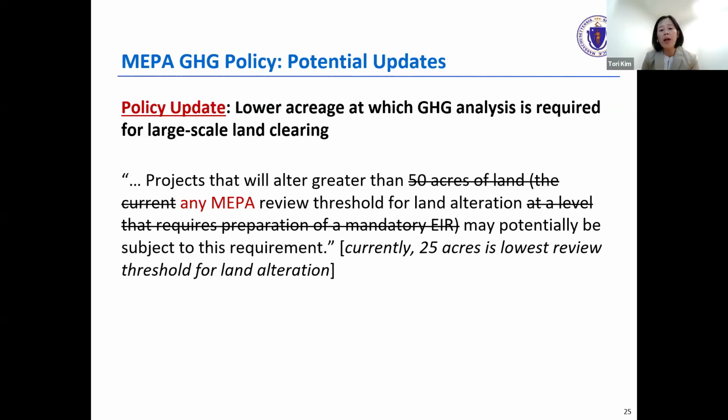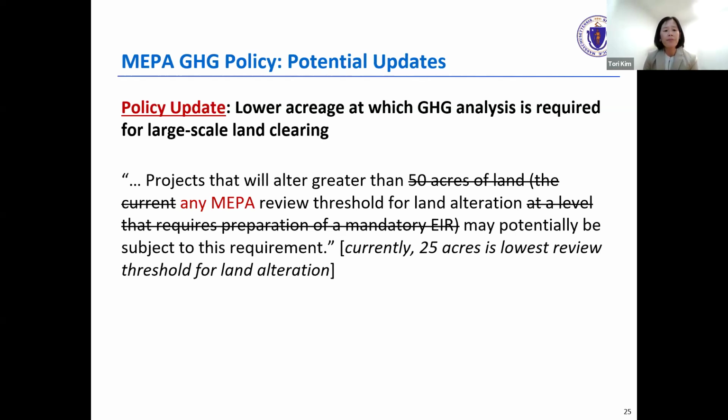But if right now the policy indicates that the project must clear over 50 acres to be subject to the requirement, we're proposing to just reference any MEPA review threshold. And currently that threshold is 25 acres. So, and this would be for all land cover types. So if it's a project clearing 25 acres or more, you may be asked at the Secretary's discretion to provide further analysis of the carbon impacts from that clearing.